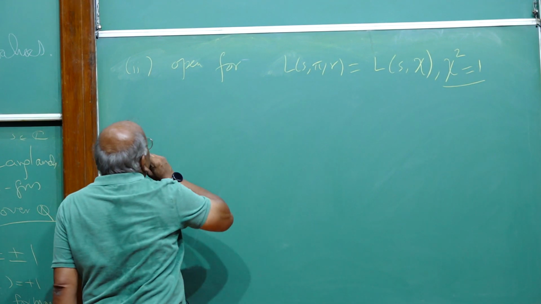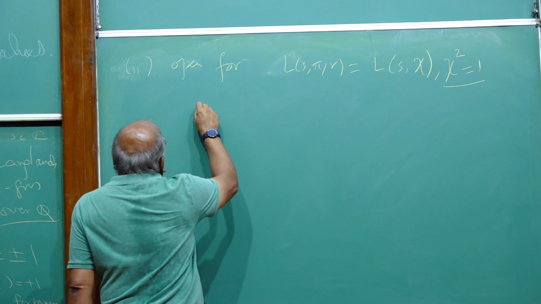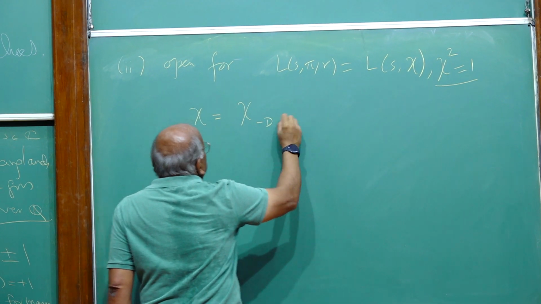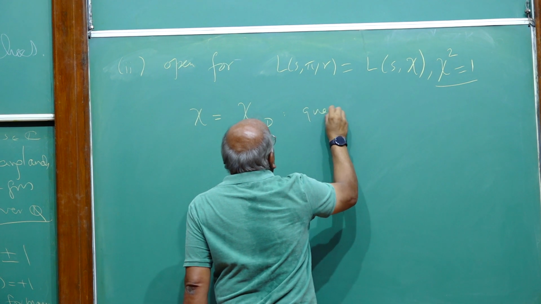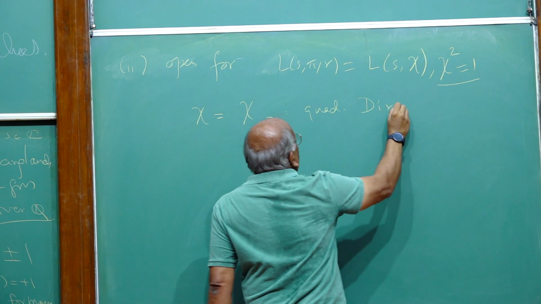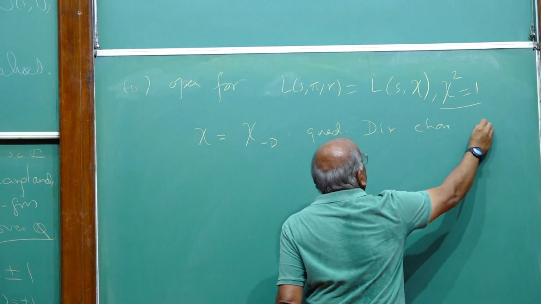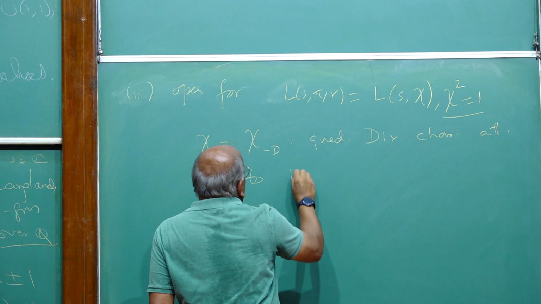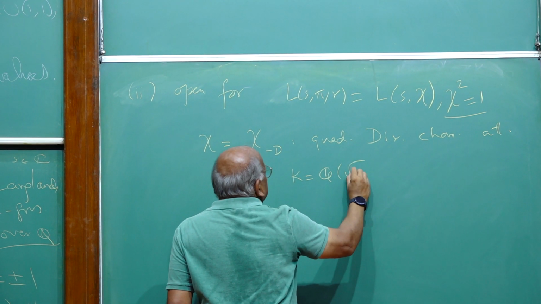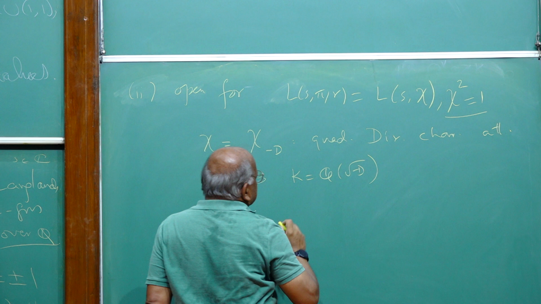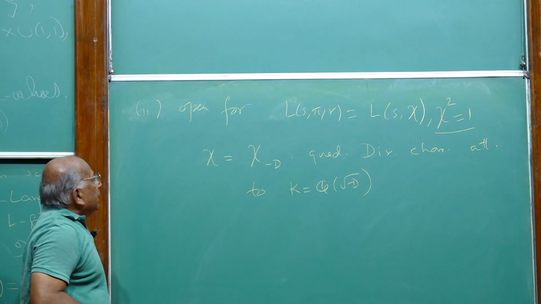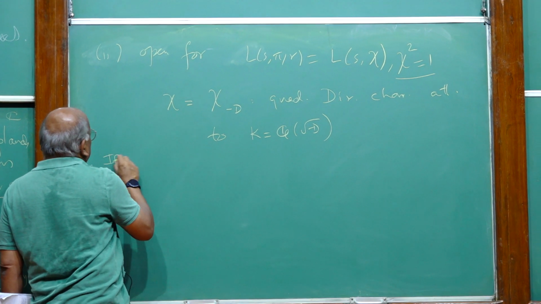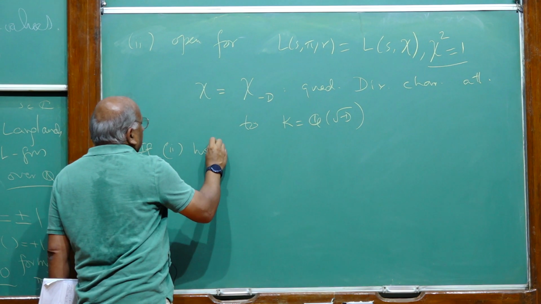So in fact, because it's for students, I want to say that if you take chi, the special cases, suppose chi is chi_{-d}, which is a quadratic Dirichlet character attached to a quadratic field, Q(sqrt(-d)). So -d is the discriminant of this quadratic field. And in this case, if we know 2 holds for all d,